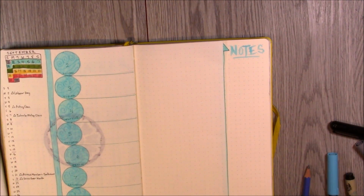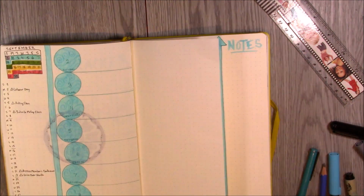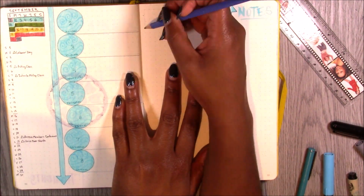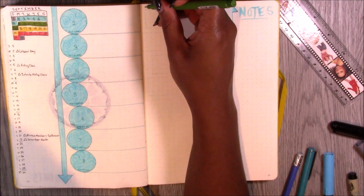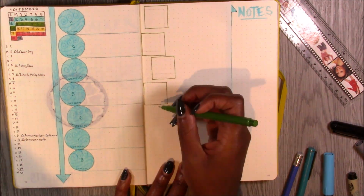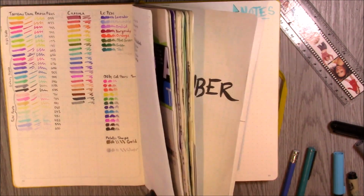So I decided to make each week represent a different element. So I have the water element there, colored it in light blue in the background, and then used that same marker to draw in the different, what would you call it? The symbol. So we start off with the water symbol with the waves,